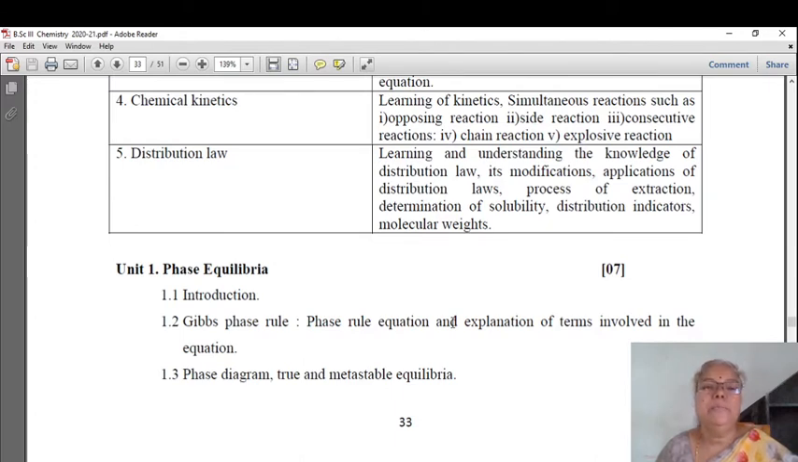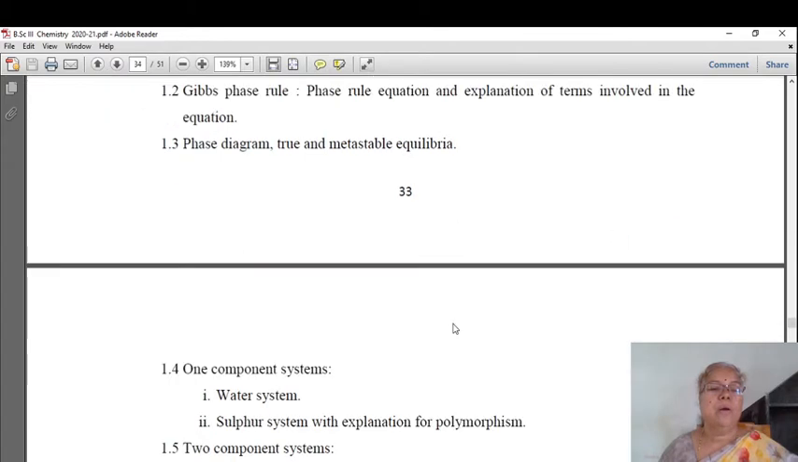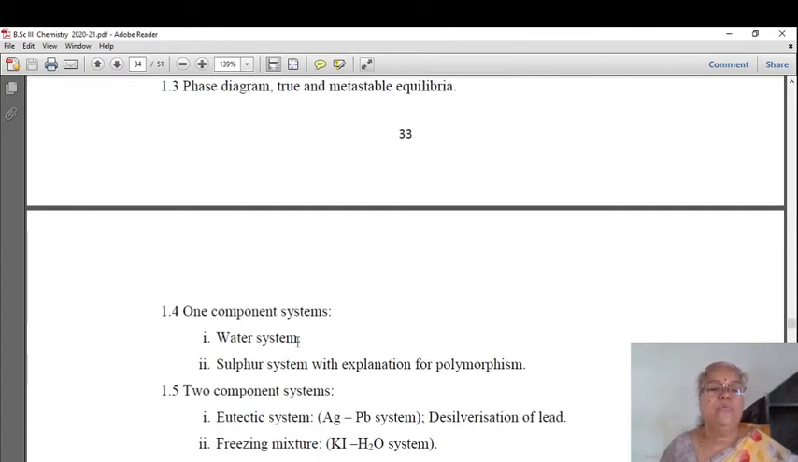And in this phase equilibria, the subpoints are introduction of the phase equilibria, then the second point gives phase rule equation and explanation of the terms involved in the equation. Then the phase diagram. Next point, that is true and metastable equilibria. Then one component systems, and for your syllabus, there are two systems, water system, sulfur system with explanation